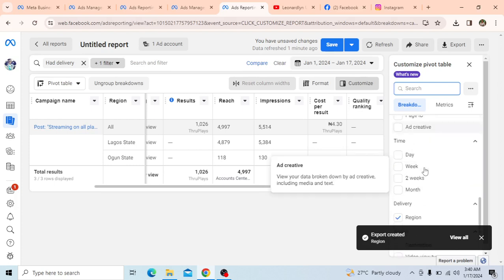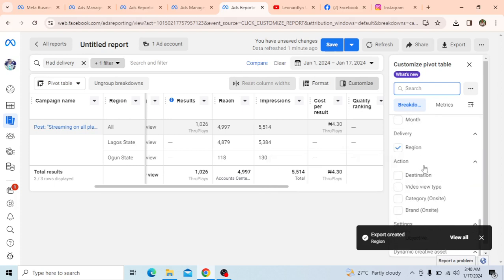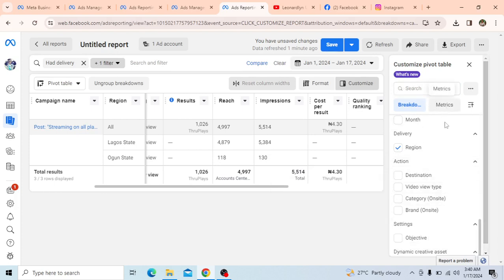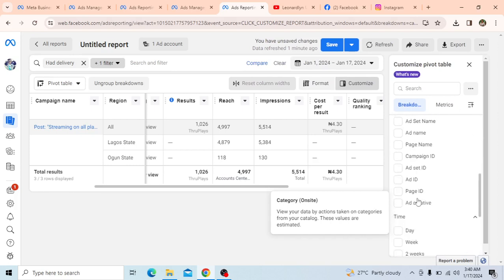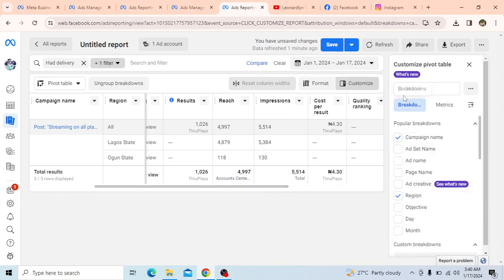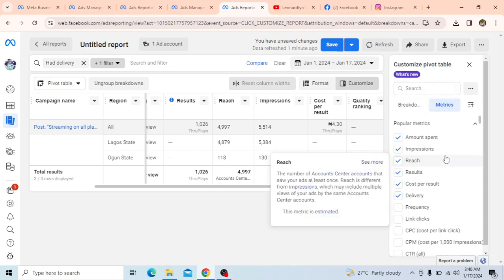You can just go through. Let's say we want, okay, let's come here, destination, video category, objective. No, we don't want that. If you don't find it here, you come to metrics, you see a lot more things you want to add,